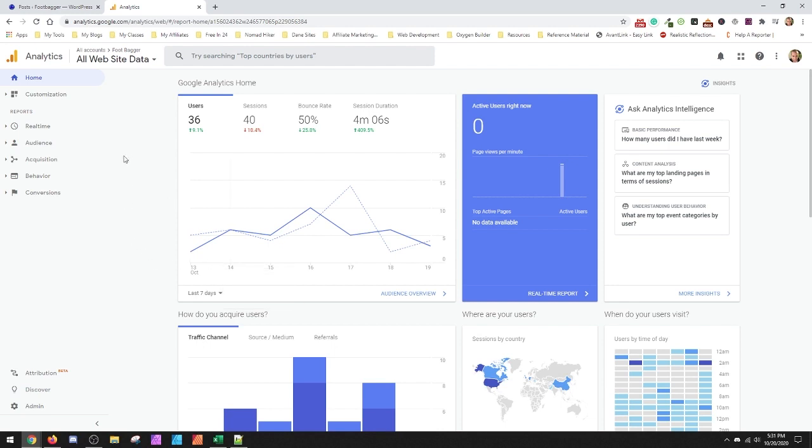And here's the site, and this is the old analytics. So this is version 3, and this is pretty much everybody's as long as you set it up prior to, I think really around 6 months ago is when they started offering the other option. But what you want to do now is update. So you're going to want to go into your properties,